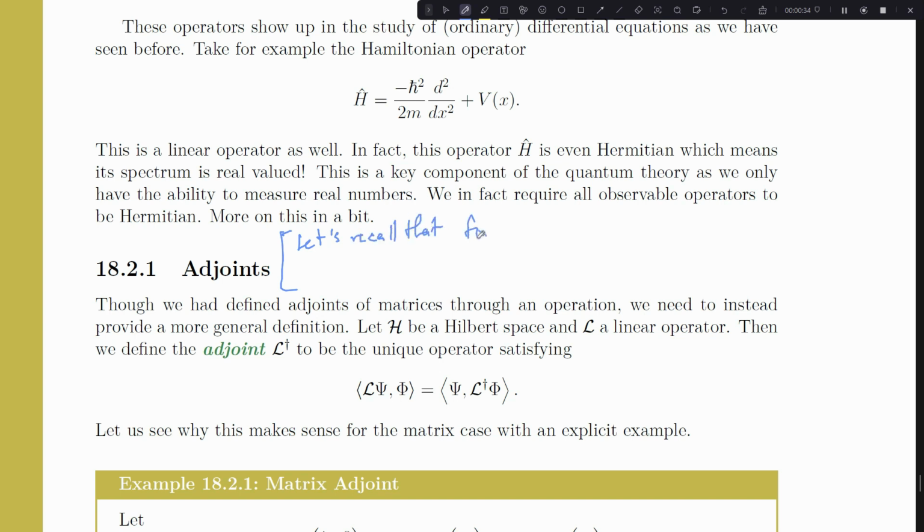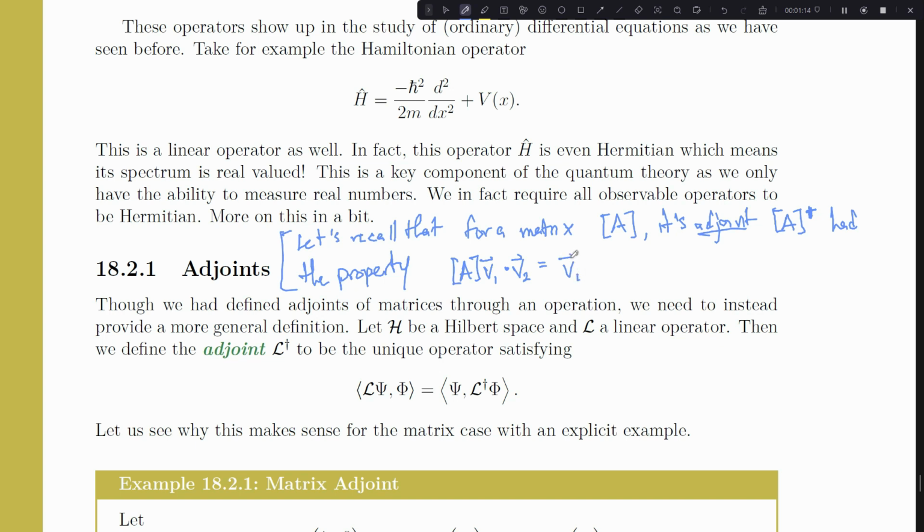that for a matrix, and instead of using M, I'm going to use the notation of the book now. So for a matrix A, its adjoint, which was denoted by A dagger, had the property that (Av1) dot product v2 equals v1 dot product (A adjoint v2). So what the adjoint does, in other words,